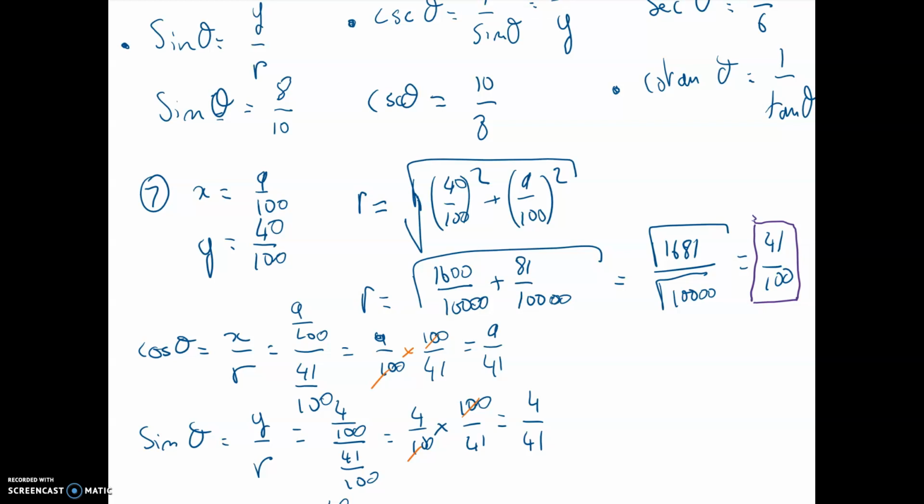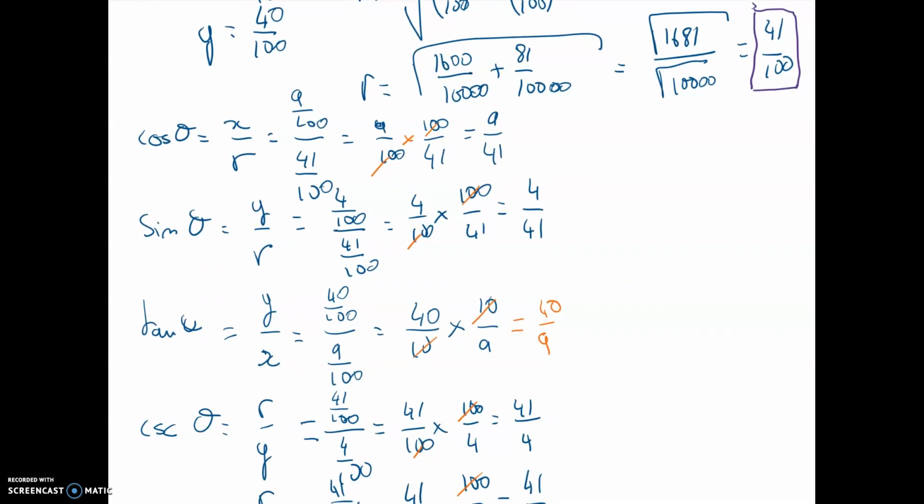So now we have r. We can do exactly what we have done previously. Cosine of my angle is going to be 9 over 100 divided by my r. I flip my second fraction, and now I end up with 9 over 41. For the sine, same idea. I flip the second. Don't forget, when you are converting the main fraction bar right here into a multiplication, the second fraction, the fraction in your denominator, will be flipped,